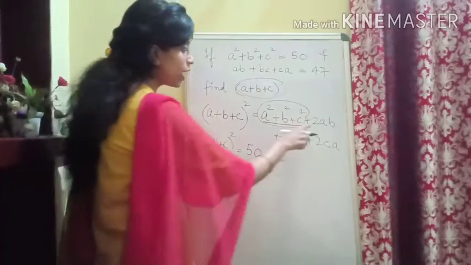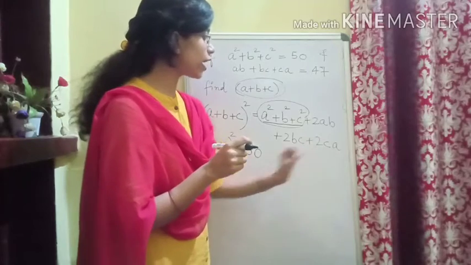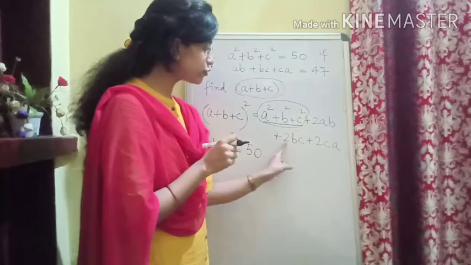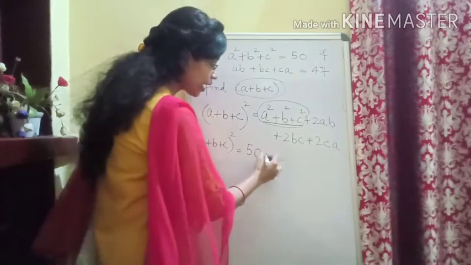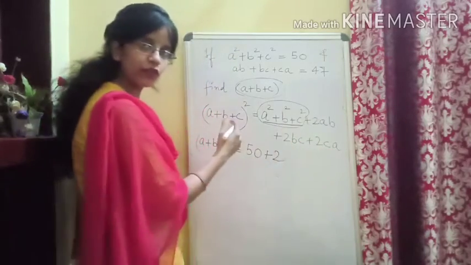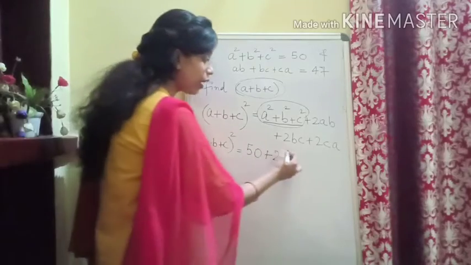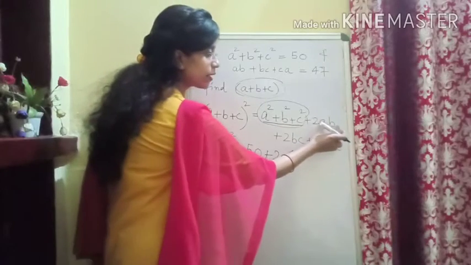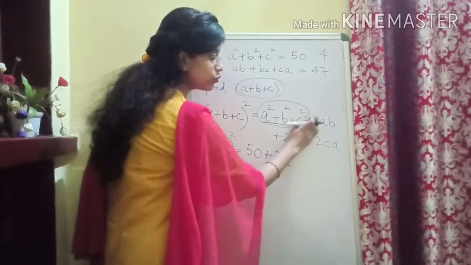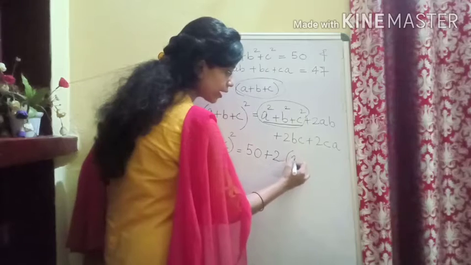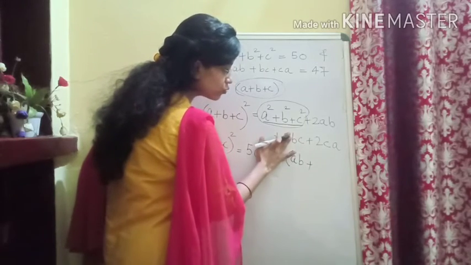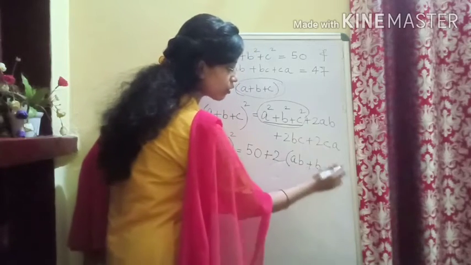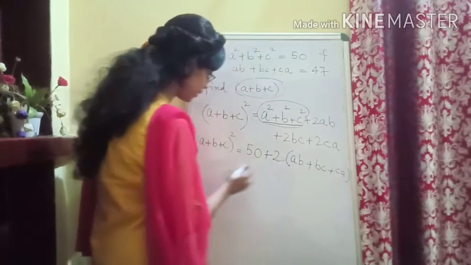Is it okay? And now the remaining 3 terms we have: in the first term we have 2, in the second term we have 2, and in the third term we have 2. Can we take 2 as common? I hope you know how to take common. You have learned this also in your class 8. When you take 2 common, what is there in the first term? 2 is already common, so what is there? a into b. Now here also 2 is gone as common, so we are left with bc, and then 2 is common, so we are here with ca.